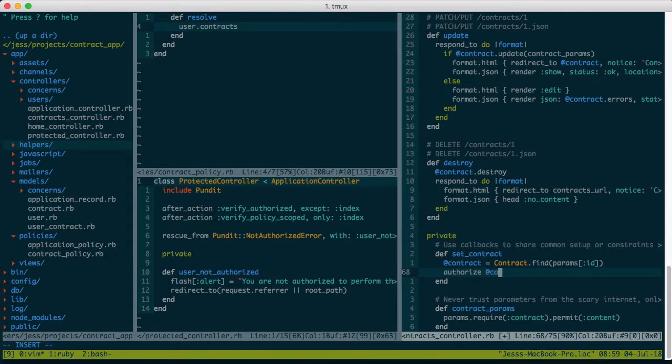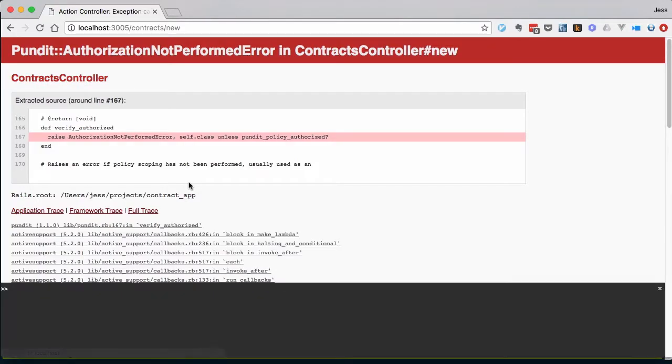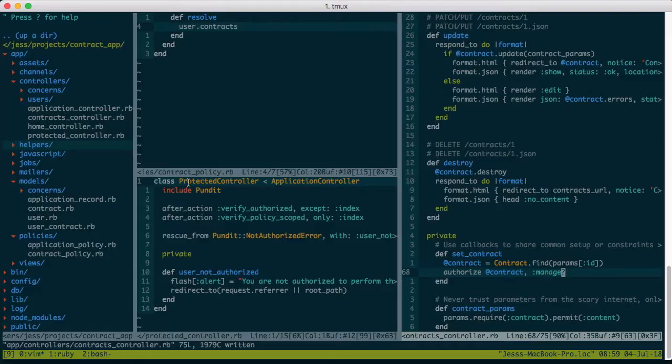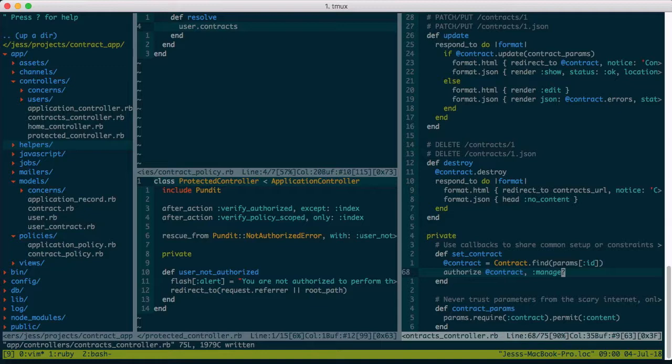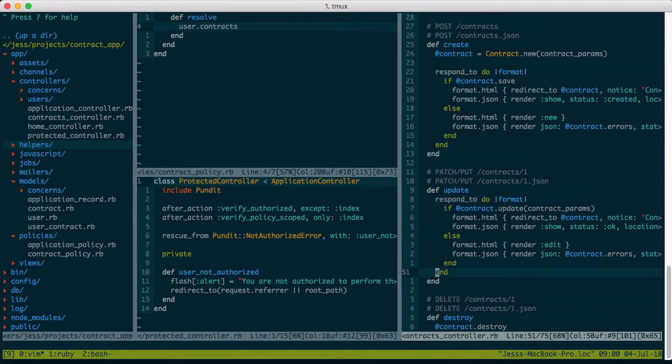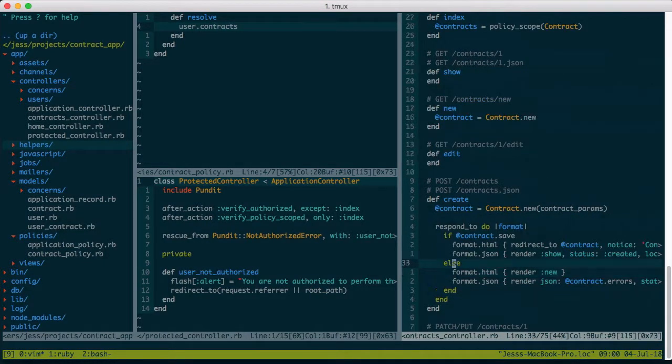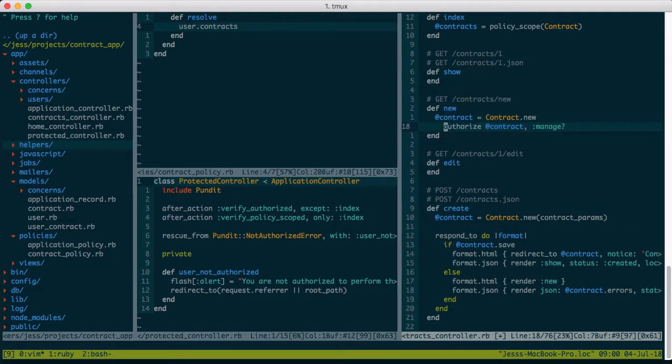Authorize the contract, and we'll say manage. And we don't have a manage method yet, so that's in the new. So I bet the new action is not. We can't manage a new one, so